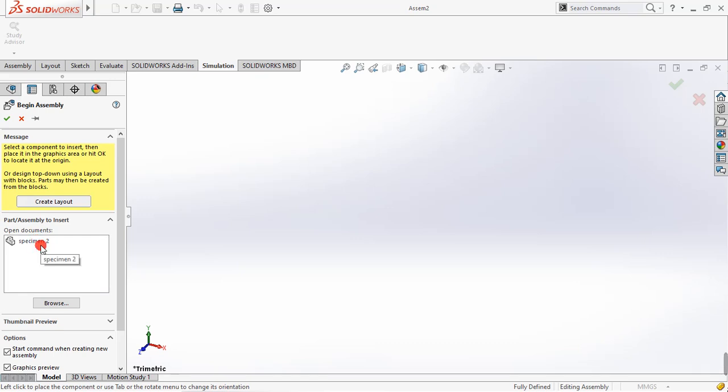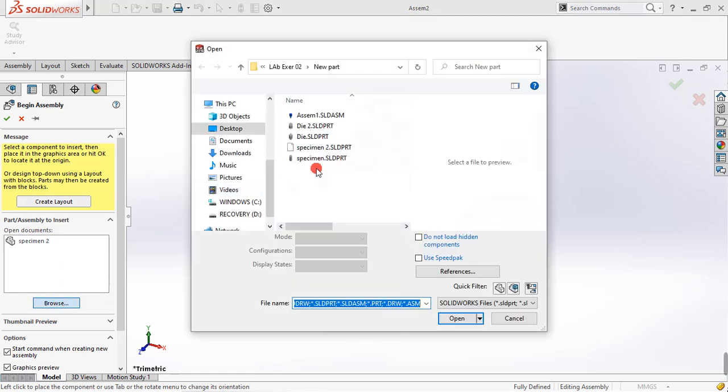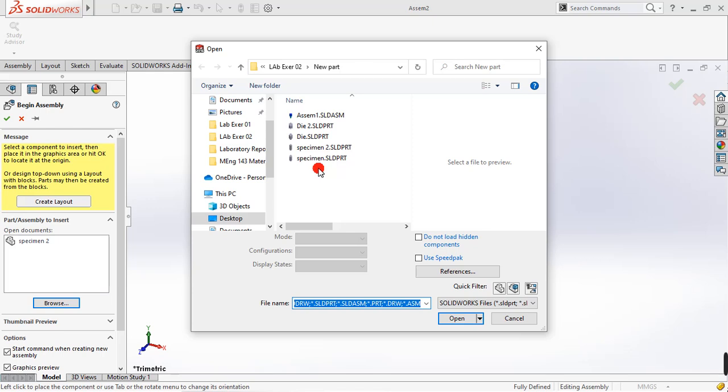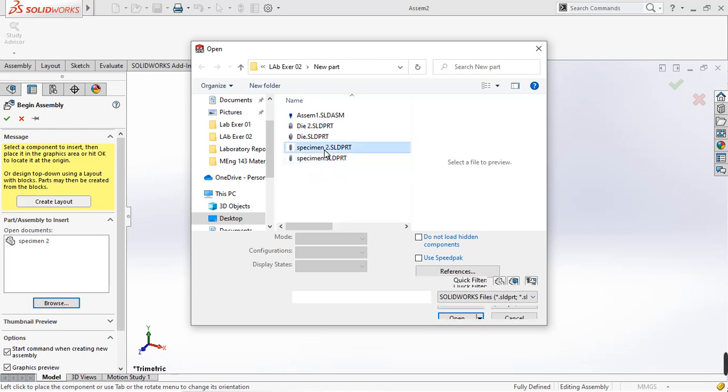We have here the specimen 2, but if this specimen 2 does not appear in this box, click this browse icon, and then select the model that you want to assemble. So select the specimen,